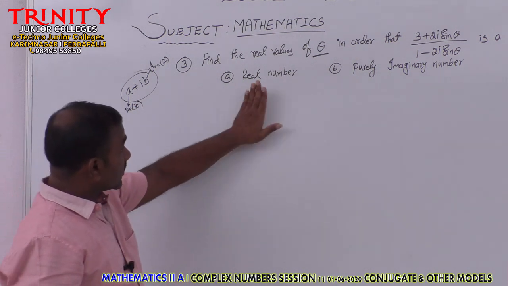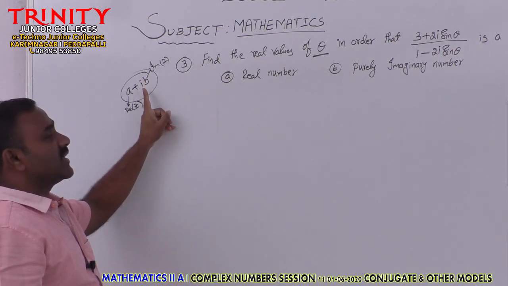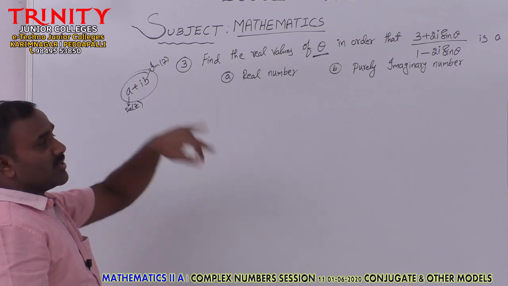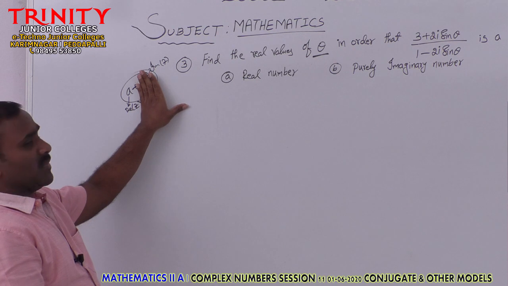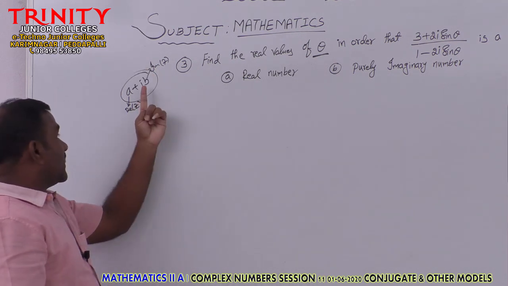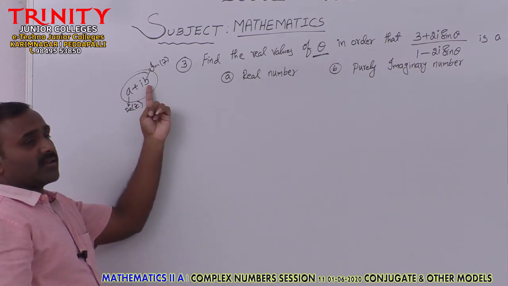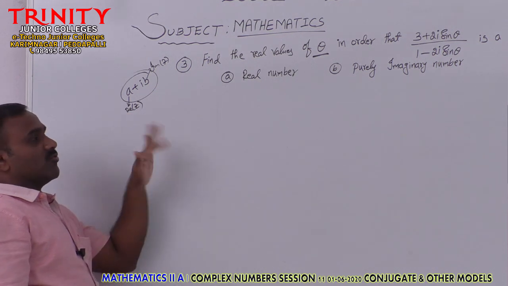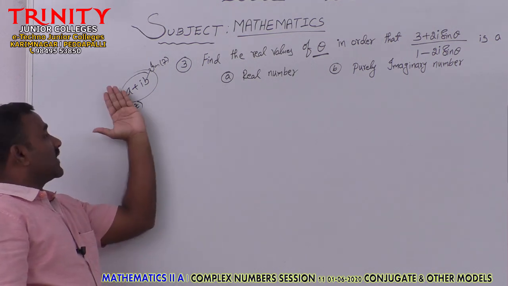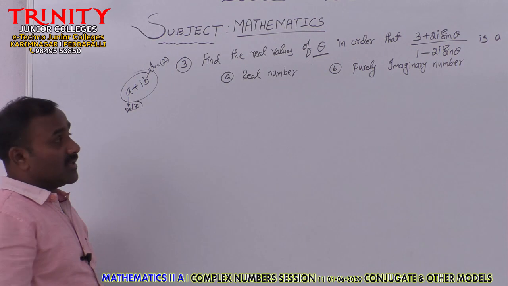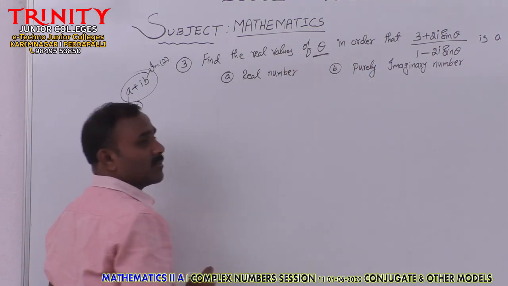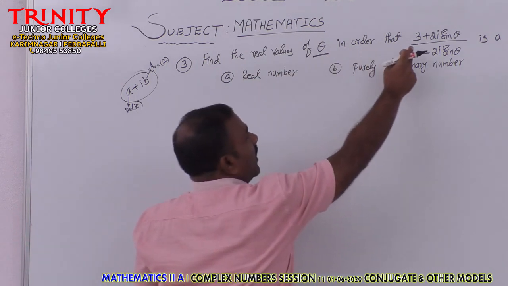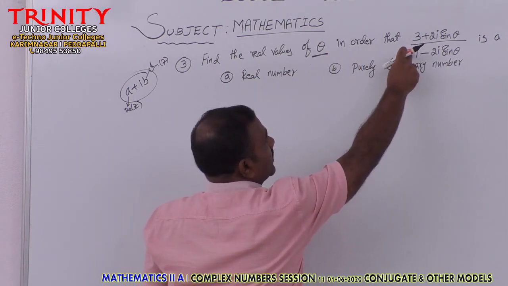If it is a real number, then the imaginary part is equal to 0. There is no imaginary part. If it is only real, there won't be ib. If it is imaginary, then the real part is equal to 0. There won't be a real part. Only ib will be there. This means that to get a real number or an imaginary number, first of all we have to convert the given number into